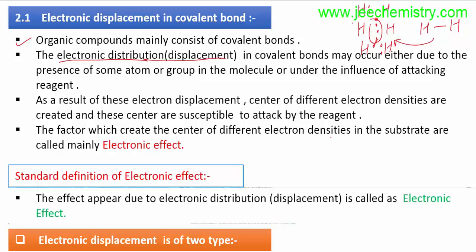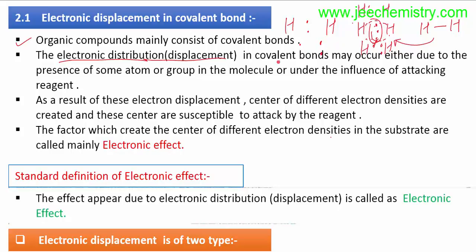It will be an electron cloud, and the electron cloud will be distorted in either direction. It will be more in one direction and less in the other. But here I am showing it theoretically on paper. I am showing the electrons in the middle, but due to some atoms or groups, they will shift, be displaced, be distributed